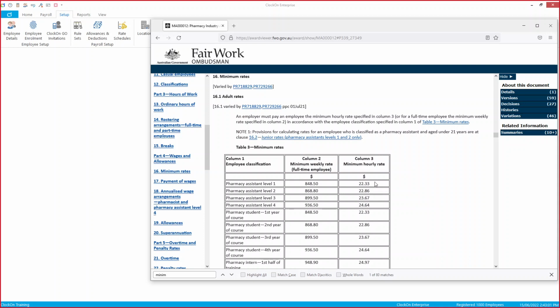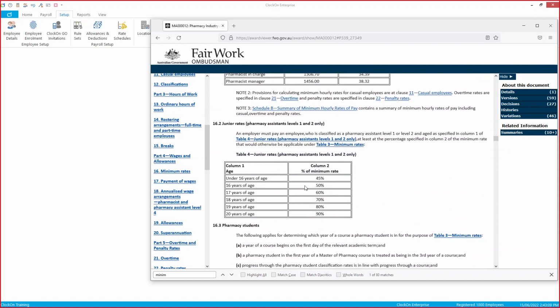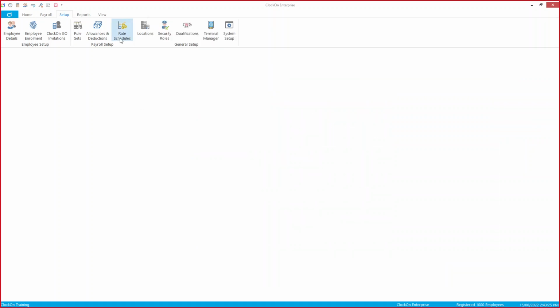So in here, we've got the minimum rates per level classification. And if we scroll down a little bit further, in this particular award, depending on the age, the employee gets a particular percentage based on their age as to what level they're actually on. So if we have a look at the rates scheduled in ClockOn,